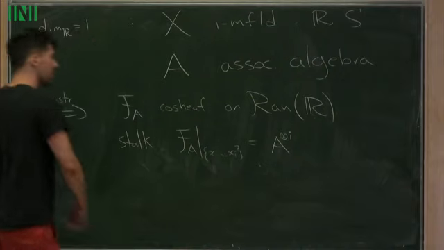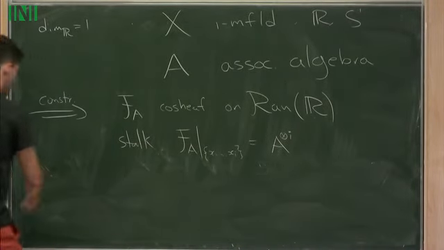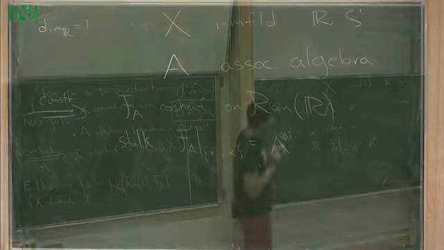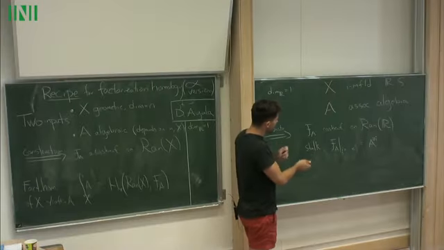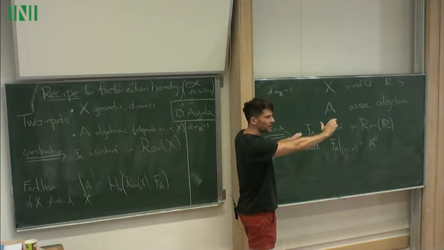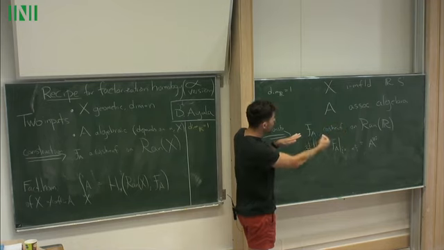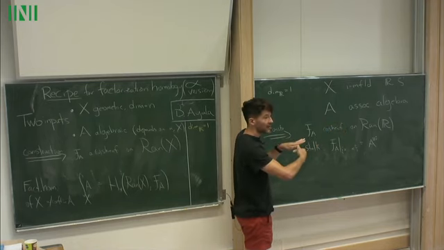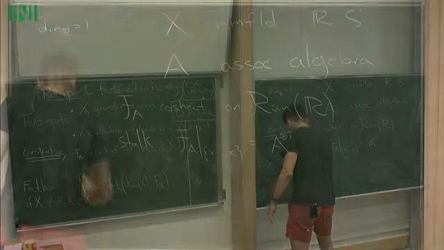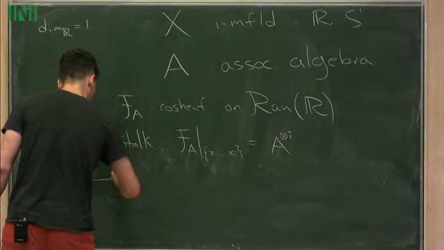And then you could ask, how are these things glued together? Well, this will be constructible with respect to that stratification of the Ran space. And so when you have a constructible thing, the thing to ask for is what happens as you change layers. In other words, if you choose a path into the Ran space, in which one point goes into a deeper stratum and the rest goes into a higher dimensional stratum, what is the associated specialization map from the generic fiber to the special fiber? So if you choose such a path, in other words, an exit path,